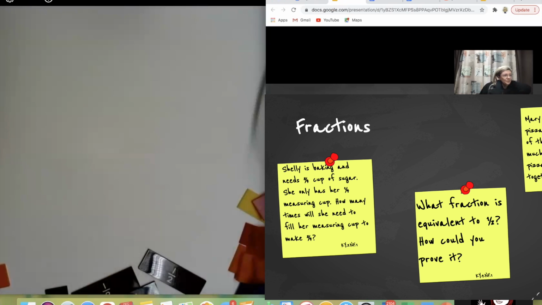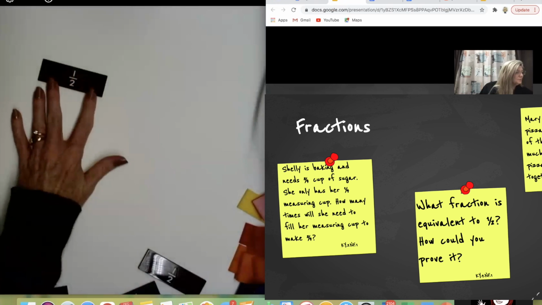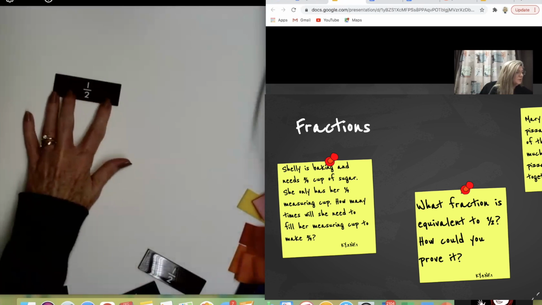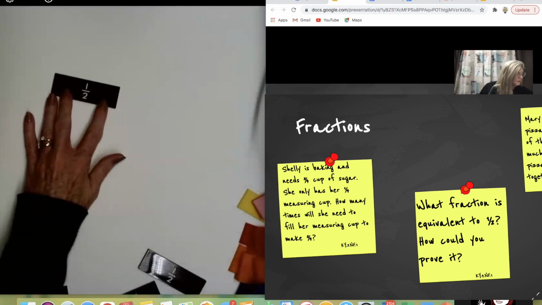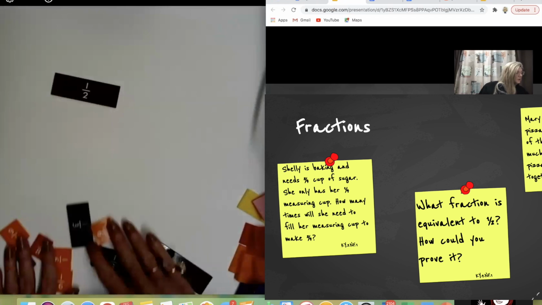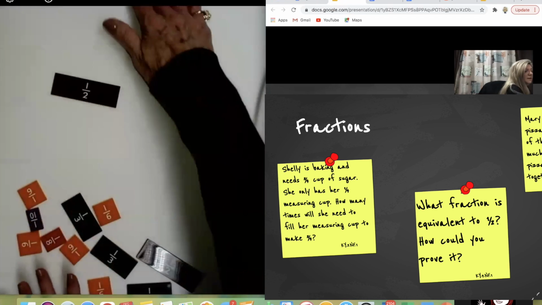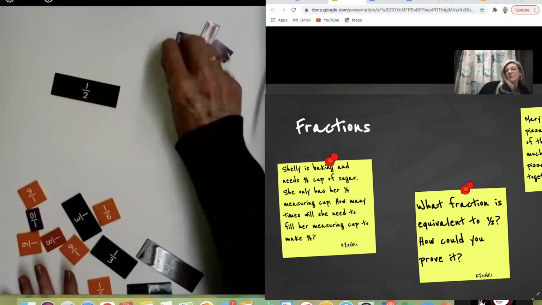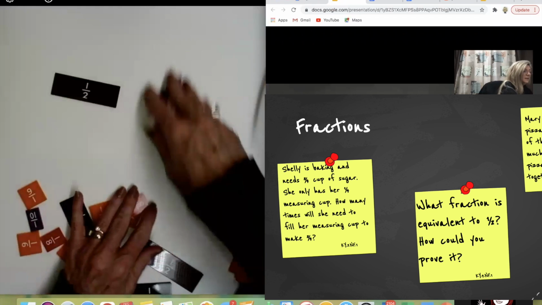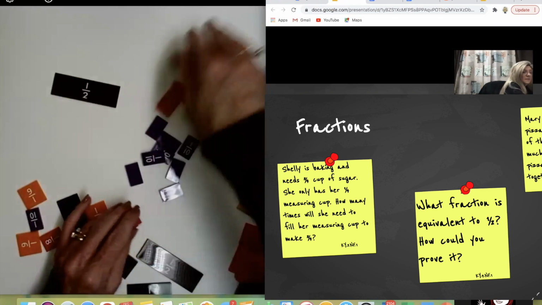Well, think about what you have here. You've got your fraction strips. We can see that this is marked as 1/2. So you could take your other fraction strips. The kiddos could take those. And remember, this is 4th grade, so our limit is within 10. I mean, up to 10ths.